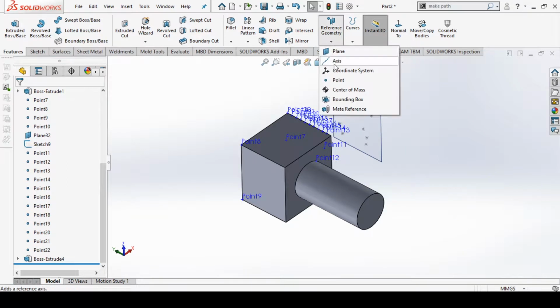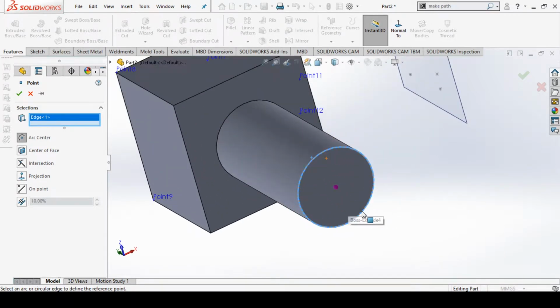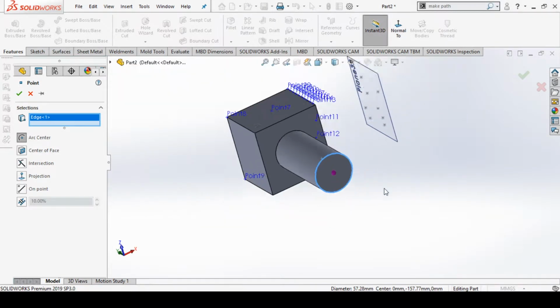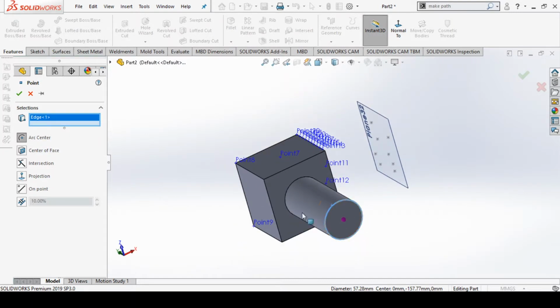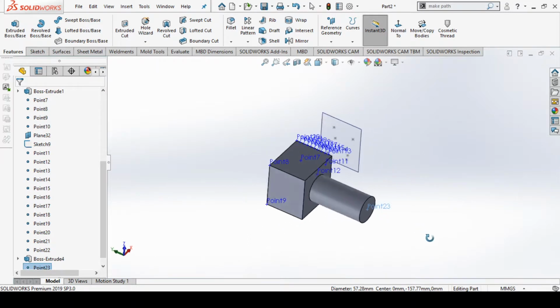Now the other option that we are left with is arc center. So this is the arc, and you can create a center of this arc. This is basically a circular arc. You can see the center. You can go normal when you select, but we are inside the operation, so we cannot go normal now. I can click OK. Now we have created this point.